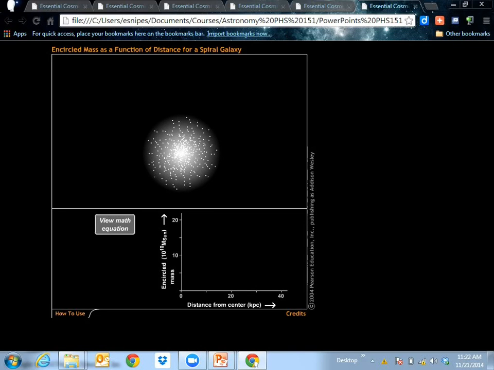Well, we'll start from the beginning, and the mass kind of accumulates. Starting in the beginning, I guess I have to do it this way. That's how much mass is in that circle. Reset. I'm going to make the circle a little bit bigger and see where our dot goes. That's how much mass is in that circle. That's almost to the edge of our galaxy.